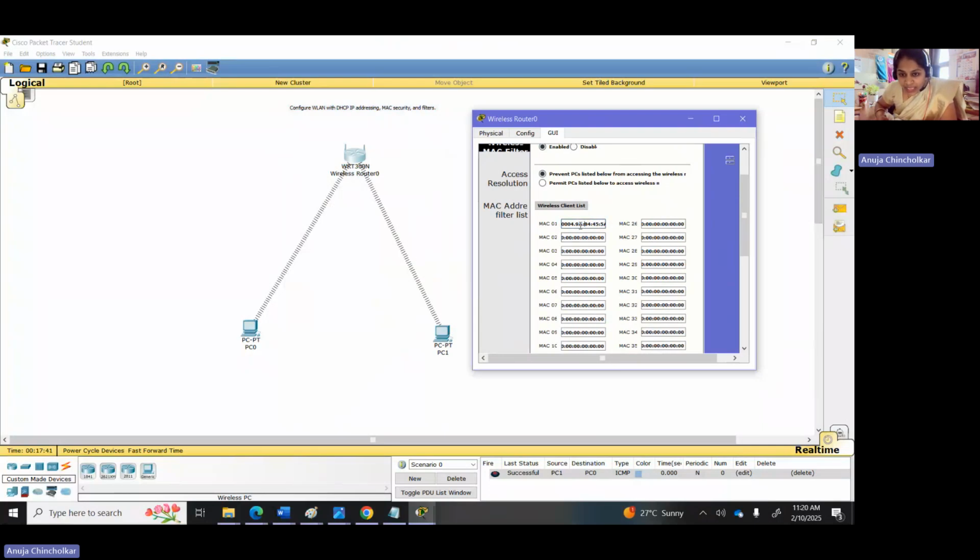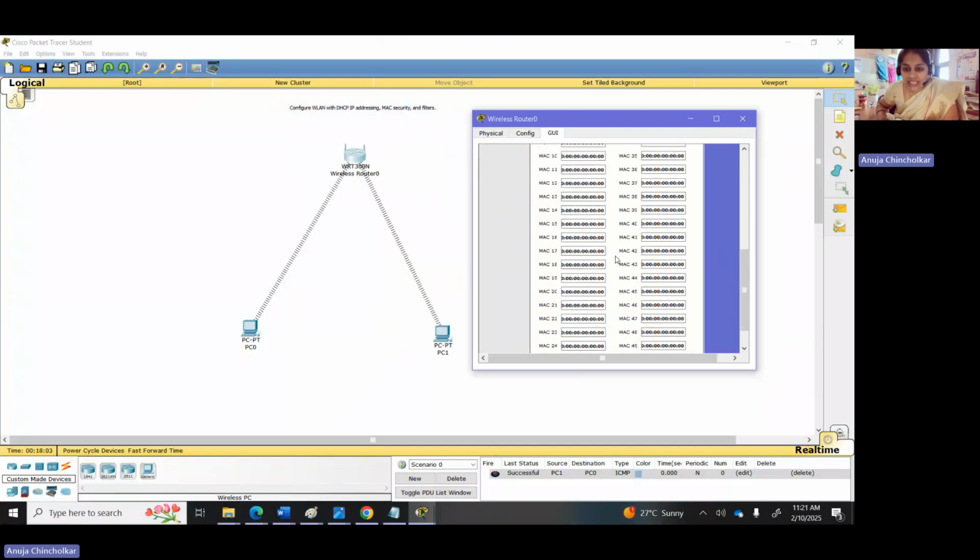You can even apply as many different MAC security filters for other different PCs here. So 50 different filters you can apply at a time over here, because these are 25 and these are 25. So as many MAC addresses as you want you can give here when you don't want to keep them in the communication.